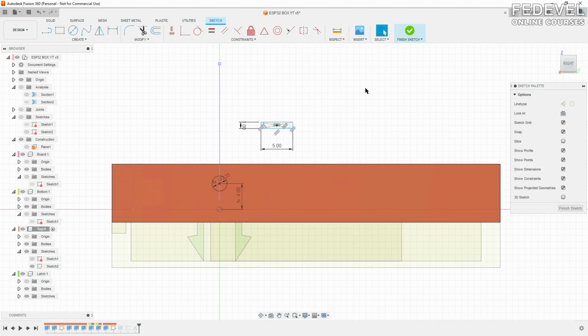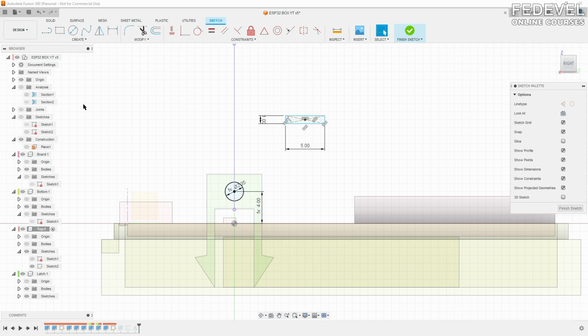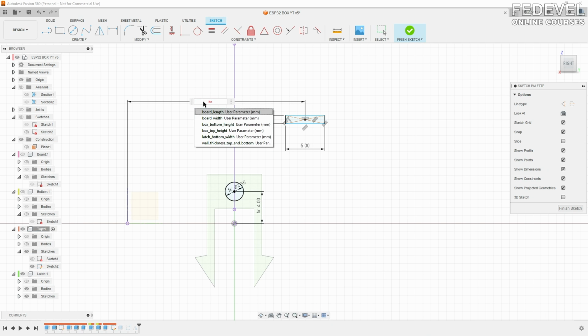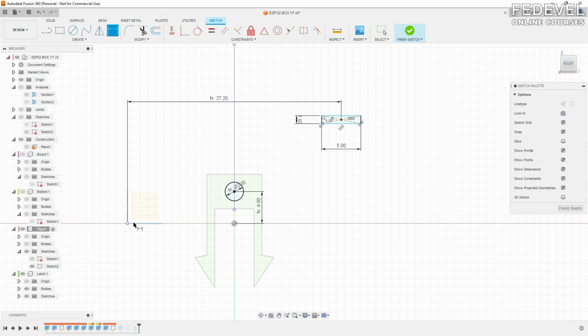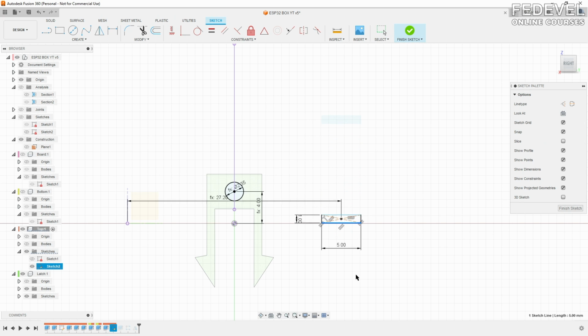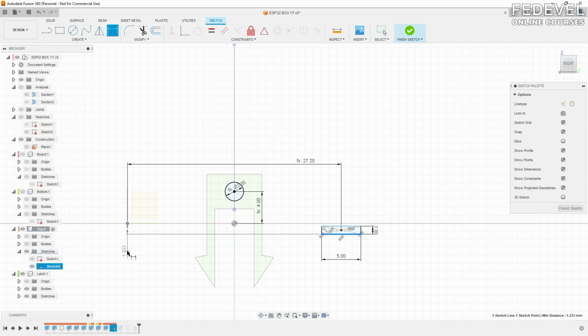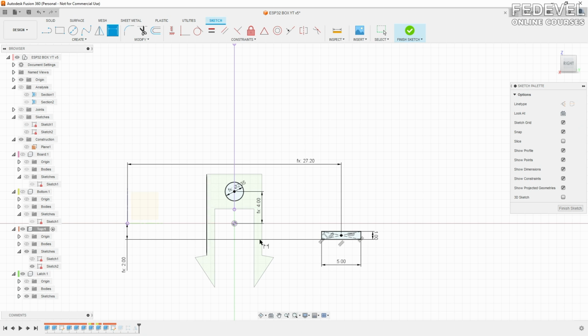and I'm going to move it. So I'm going to specify the distance from here up to here. It should be exactly in the middle of the box, and I would like to move it down. So I'm going to again add dimension, and this distance is going to be, do you know what this is going to be? Rim height. Okay, finish sketch